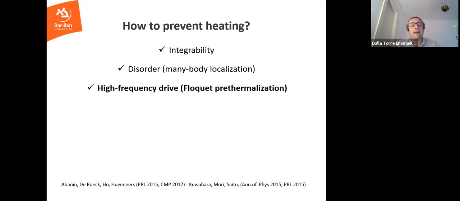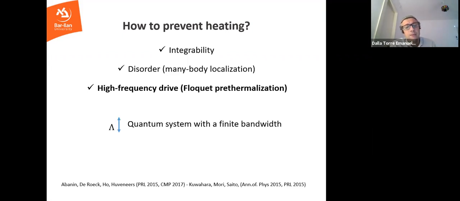Here we want to describe another pathway. This is a way that works generically. So you have a generic, non-integrable model and you drive it. But here the idea is to drive it at very large driving frequencies. So you drive it very, very fast. And what happens? Think of a system that has a typical energy scale, the typical energy scale of each degree of freedom. And you are pumping it very, very fast.